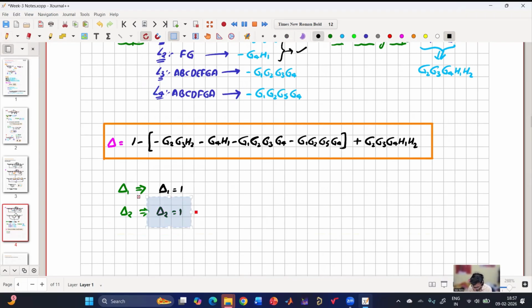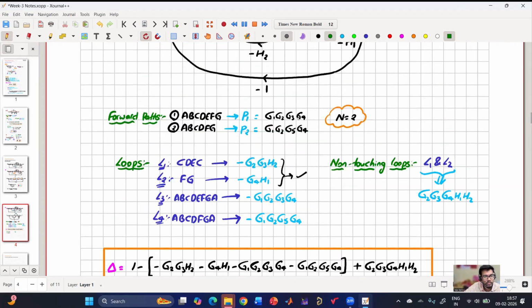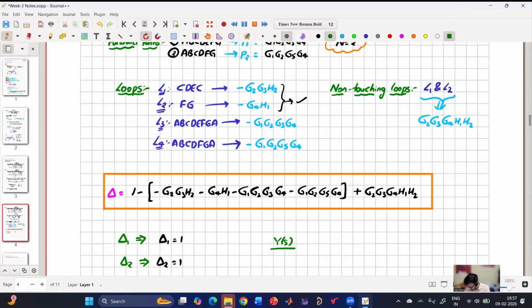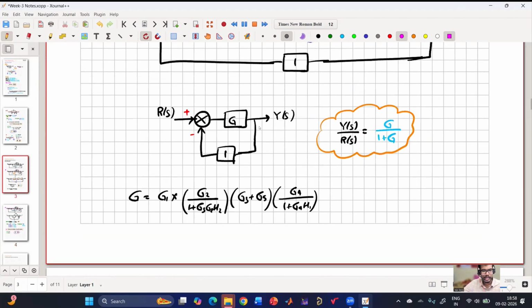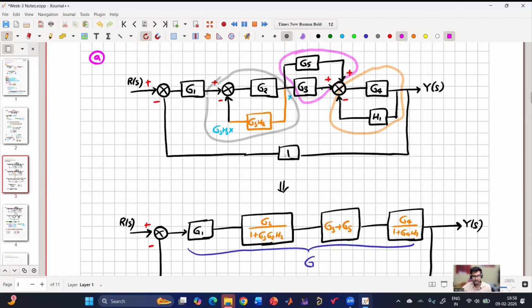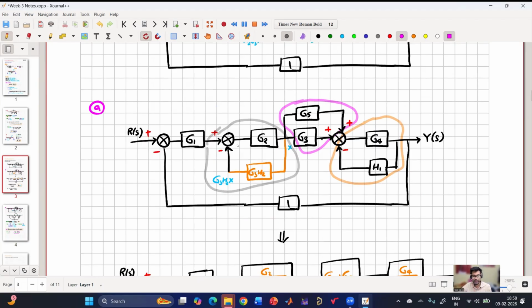So my overall transfer function, input to output, is Y of s by, what is the input, R of s or U of s? R of s. Y of s by R of s is P1 delta 1 plus P2 delta 2, and both are 1, by delta. So this will be the overall input to output transfer function. If you see here, it may look simpler given that we were able to minimize the block